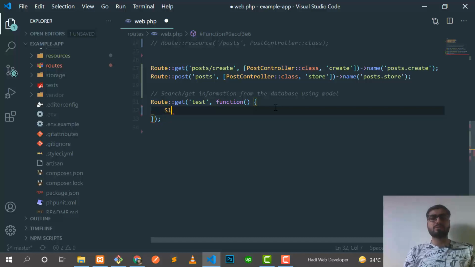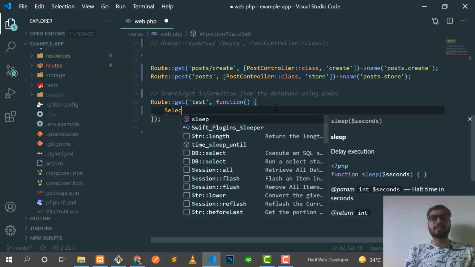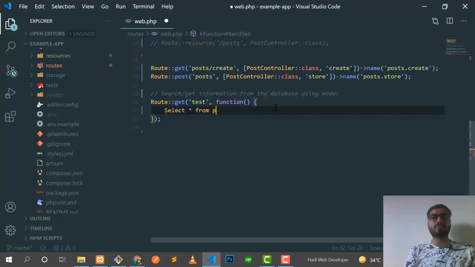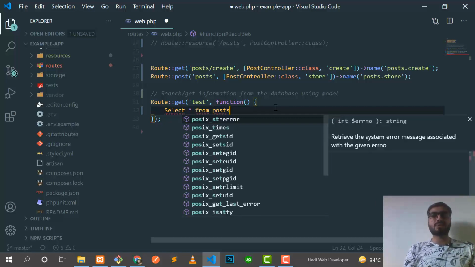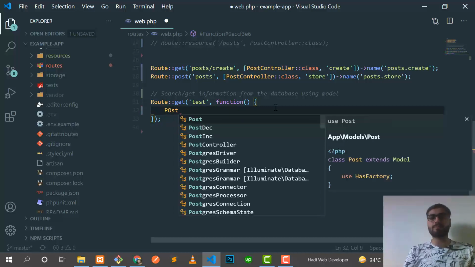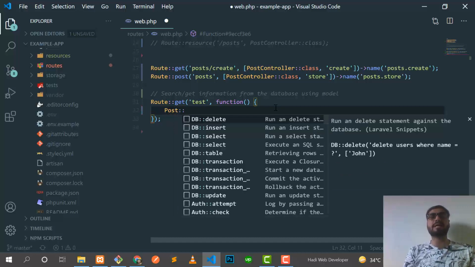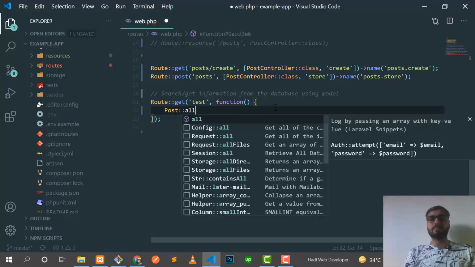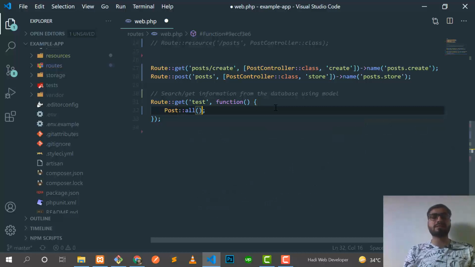We are not going to do this like select all from post. That is core PHP syntax, but now we are in Laravel. So go to the route and type the Post model. This is the model name, and if I want to get all the posts, I just need to type all, and that's it. Our model will return all the posts.